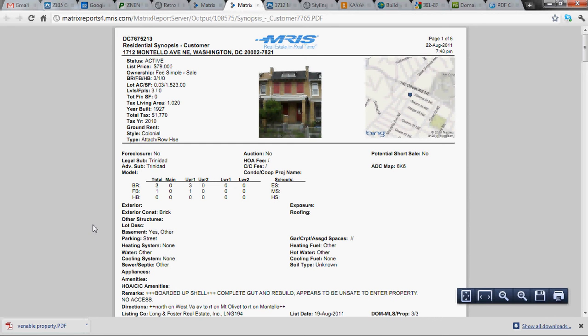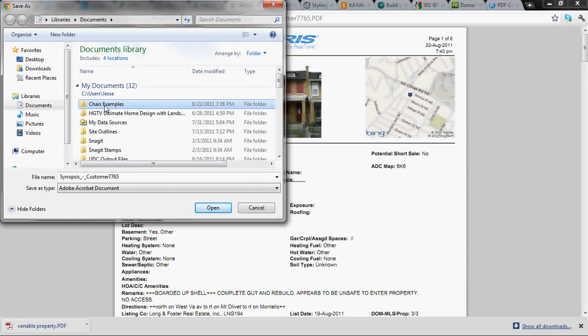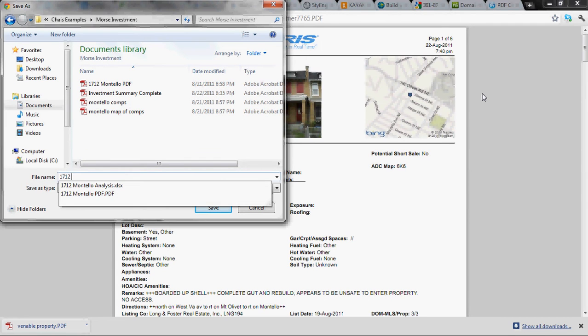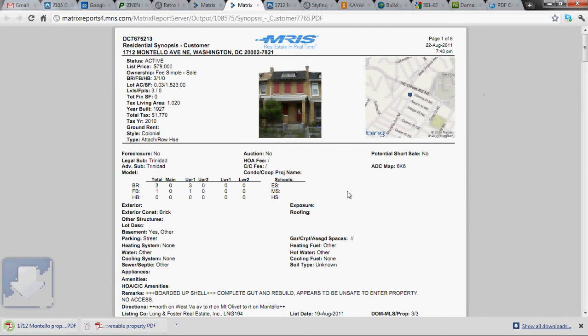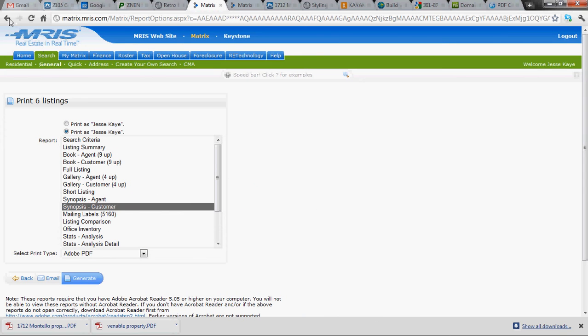So from here we can save this into Tries Examples, and then the property folder. And this would be 1712 Montello property with comps. Now this, the only reason I'm labeling it this is just so we have a record of it. Now you go back to here again, and we're going to go back a page, and I'm going to